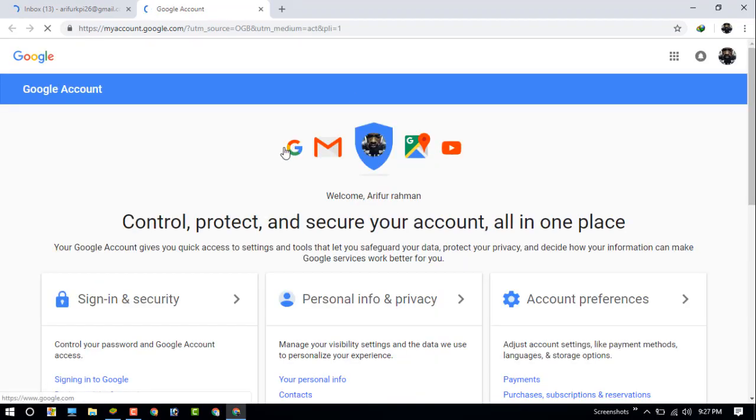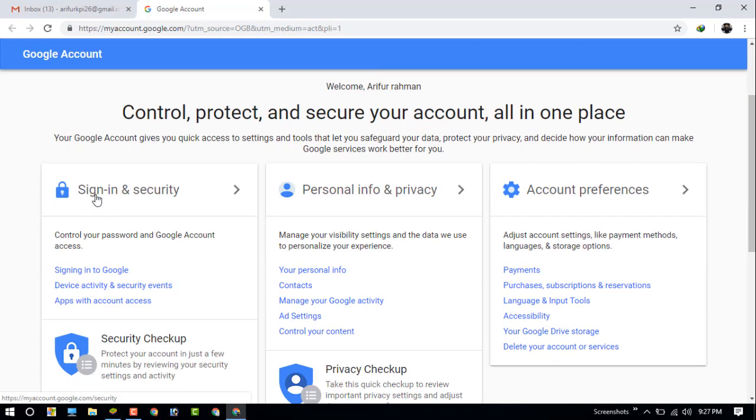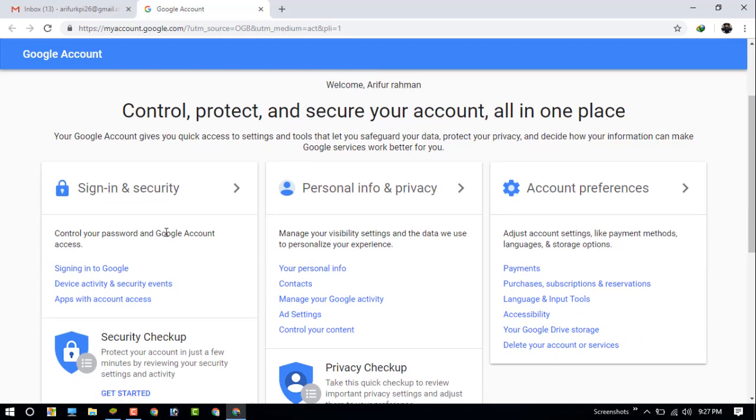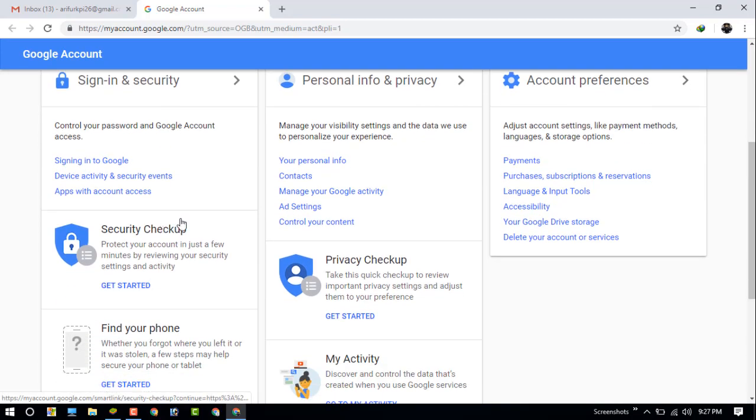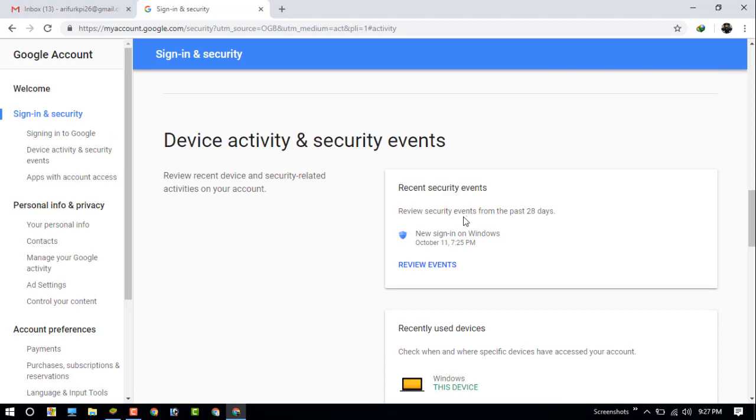and there are the controls to protect and secure your account all in one place, and you can see the sign in and security option, and go to the device and security events and scroll down